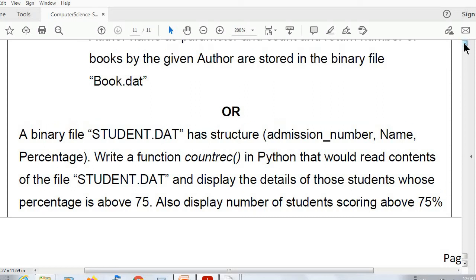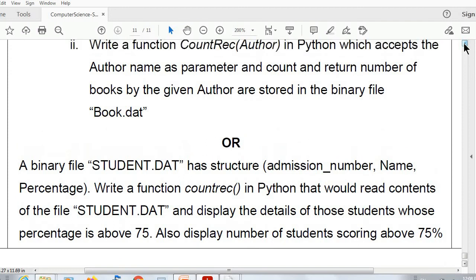See, in our last question, we just counted the number of records and returned the count. But here in this function we are not returning any value, but we are displaying the details. What all we have to display? Display the details of those students whose percentage is above 75. So we have to search the records of students whose percentage is above 75.